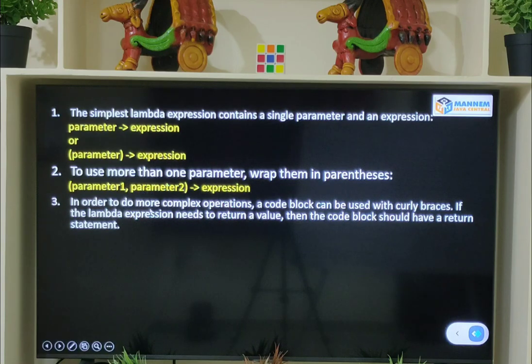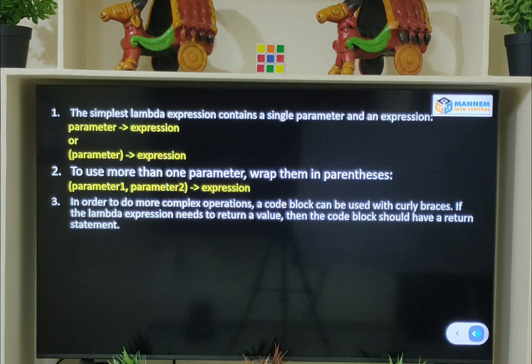Next one is, in order to do more complex operations, a code block can be used with curly braces. If the lambda expression needs to return a value, then the code block should have a return statement. Third point says, if you have more than one statement, you have to take those statements in curly braces.